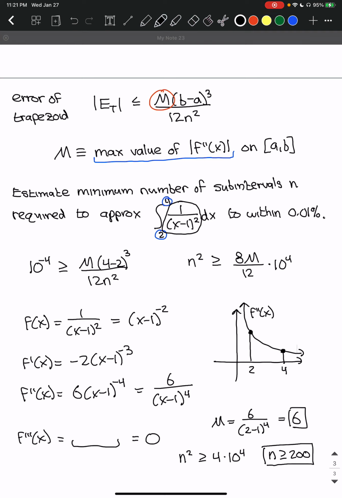So I think this is one of the most important parts of Math 104, the error estimates involved in the trapezoid rule. So I hope this was a good